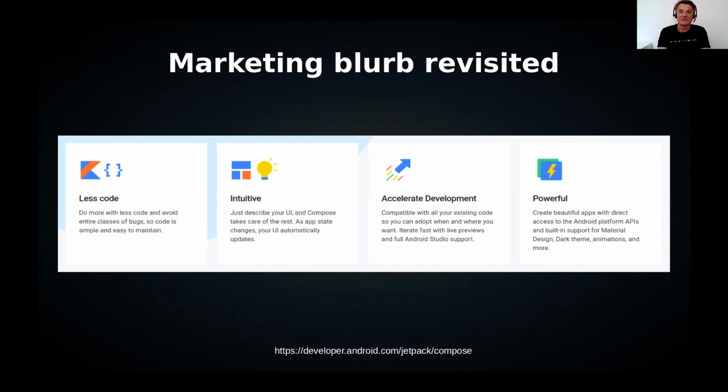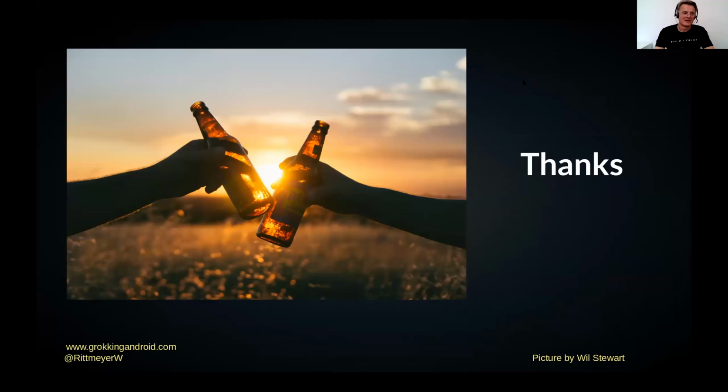For example, the theming support is really good. Other things, obviously, it's pre-alpha, are not there yet, but I guess that in the end, when it's released, powerful will also get a check mark. So accelerate development, that's really the thing they need to improve on. And with that, I'm done.